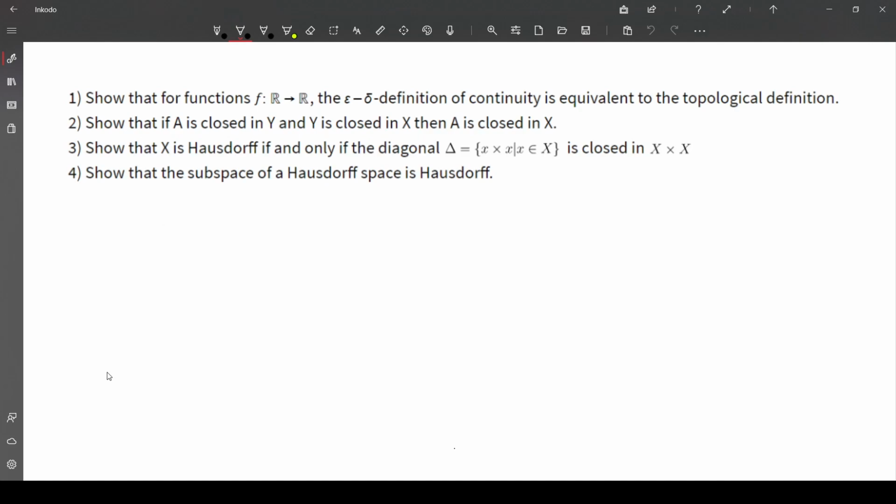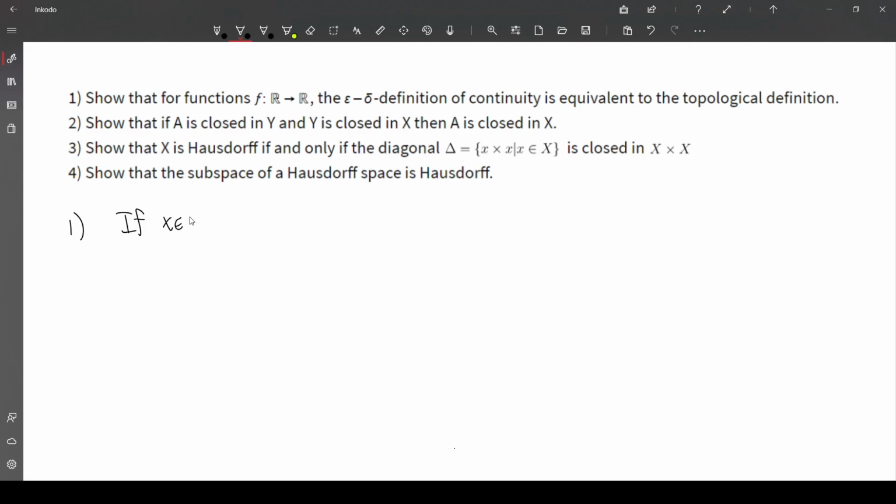Okay, I'm back. So here's the topology homework. Just 4 questions, and they're all pretty straightforward point set topology questions. So for 1, we show that for functions from R to R, the epsilon delta definition of continuity is equivalent to the topological definition. So remember, epsilon delta is that,